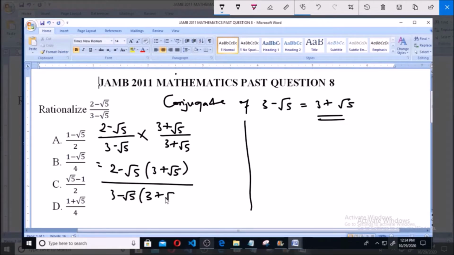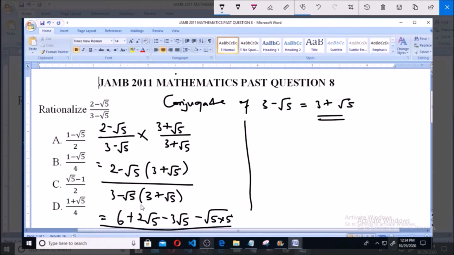Now this is equal to 2 multiplied by 3, which gives us 6. 2 multiplied by root 5 gives us plus 2 root 5. Minus 5 multiplied by 3 gives us minus 3 root 5. And minus root 5 multiplied by plus root 5 will give us minus root 5 times 5, all over